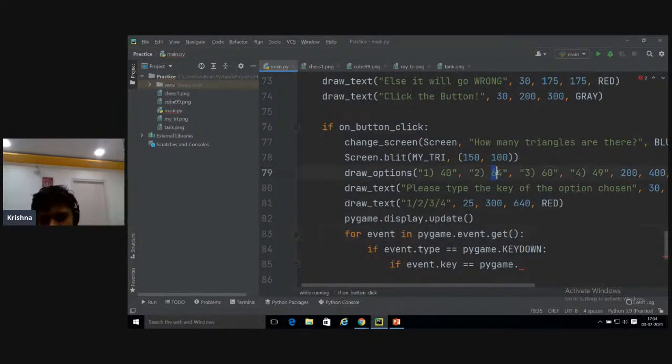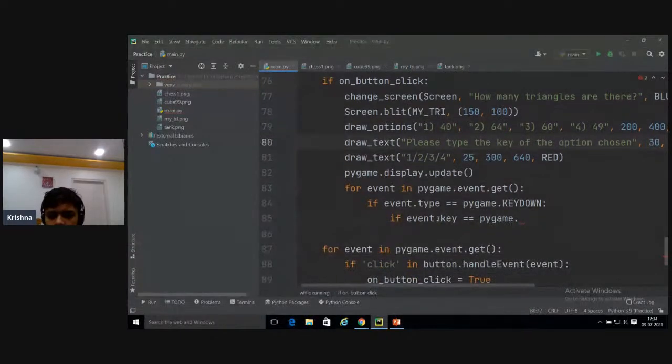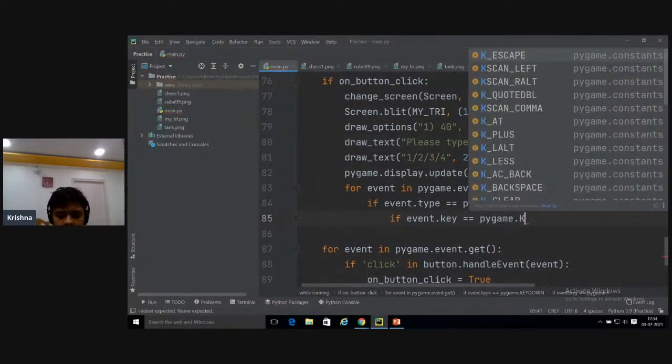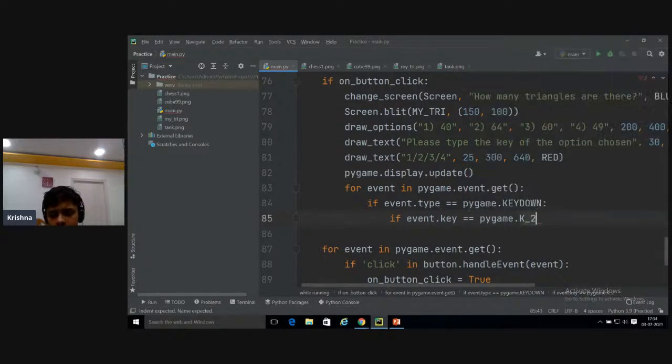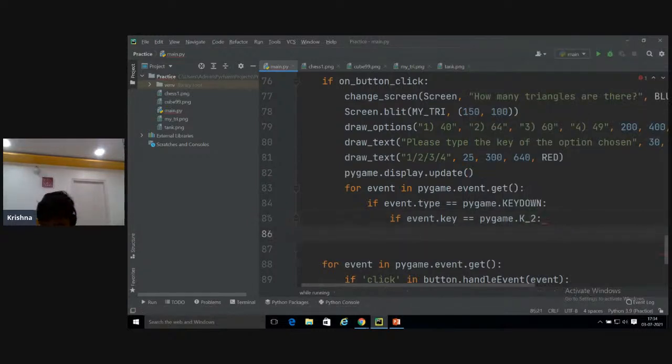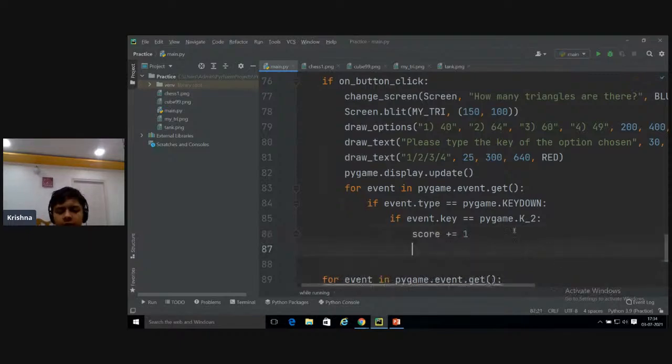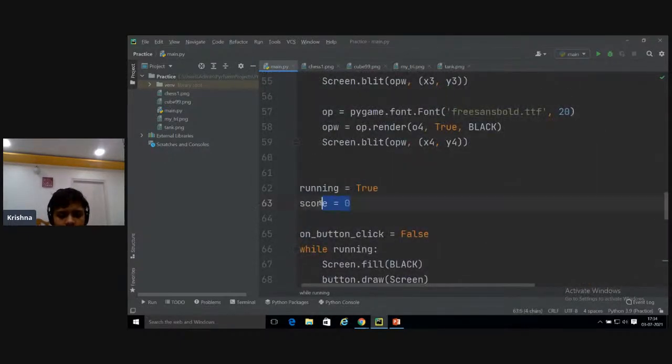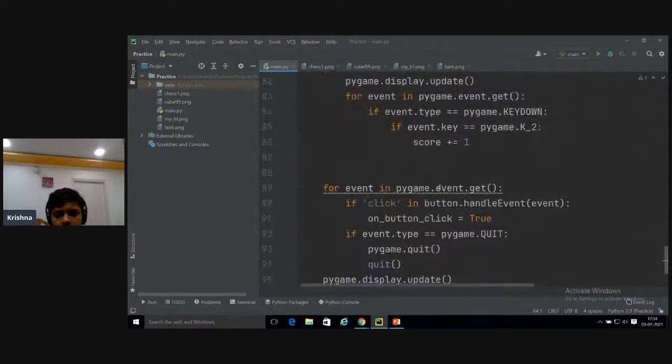Okay, so we got the second option as the correct option. So if event dot key is equal to pygame dot K_2, so I'm just going to go to K_2, and if this is it, then basically we're going to show a message that says correct answer. But before that, we have to update the score value, because for every right answer you get a point. Now what is a score? The score here is defined as 0, and here it is 1. So whatever the score is, there's going to be 1 added to it. And then